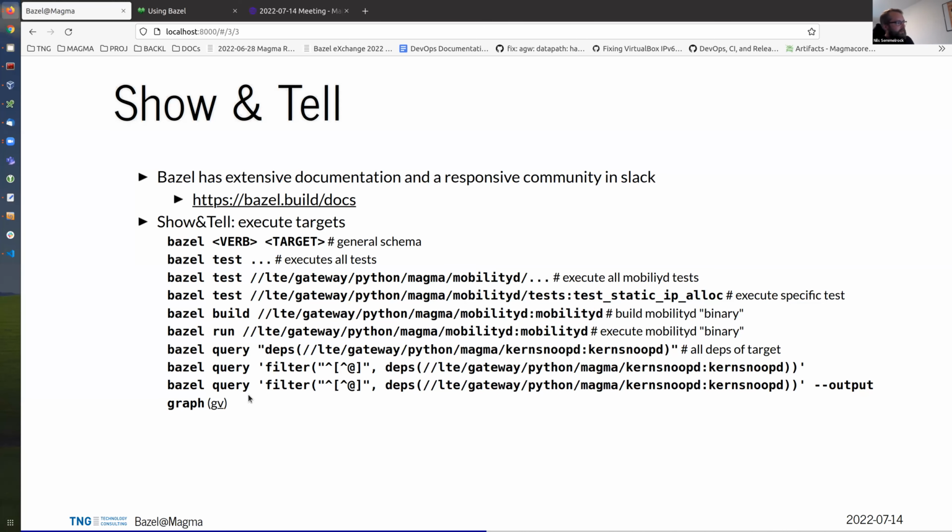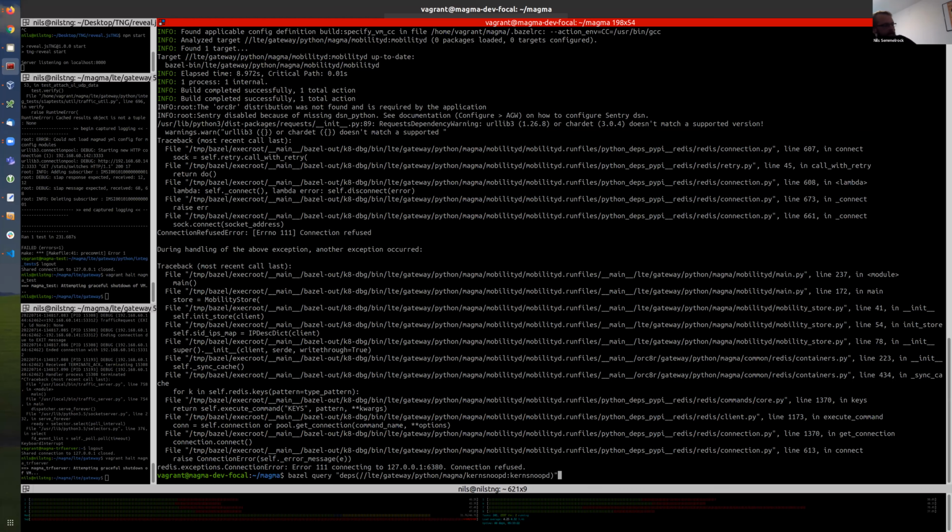So I said Bazel also has a very extensive query language or query feature. We might be interested, for another service, currentsnoopd, in what dependencies this service has. What do we actually need to run this service or to build this service?